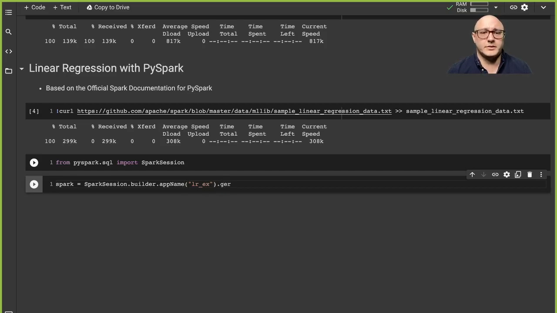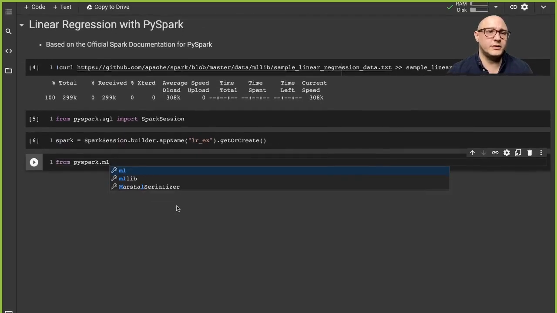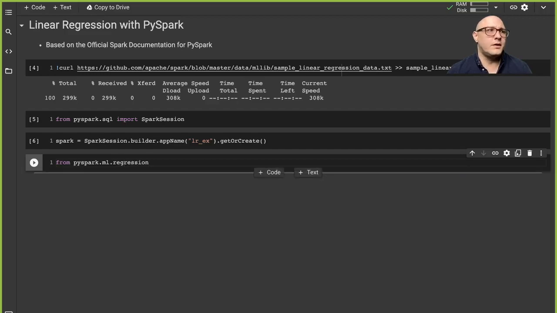And we're going to get or create. And then we're also going to start out from pyspark.ml, for machine learning, dot regression, import LinearRegression. So those of you that are familiar with using